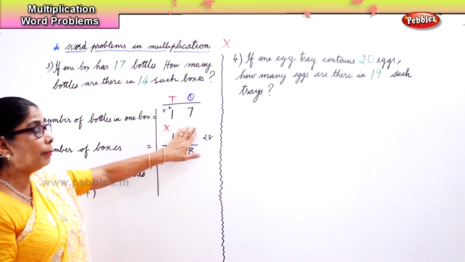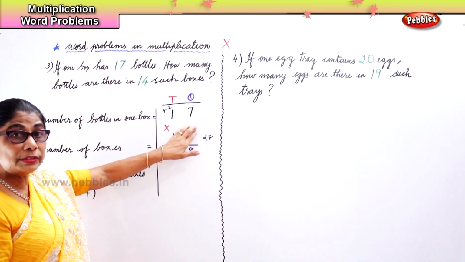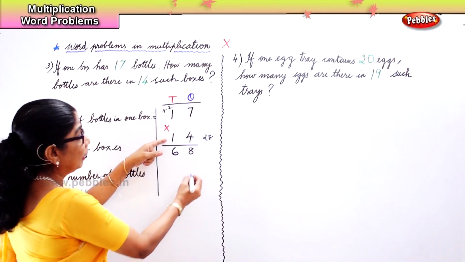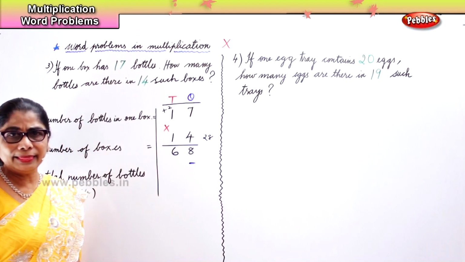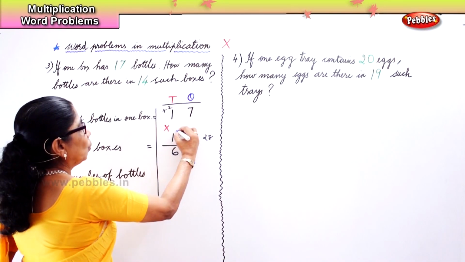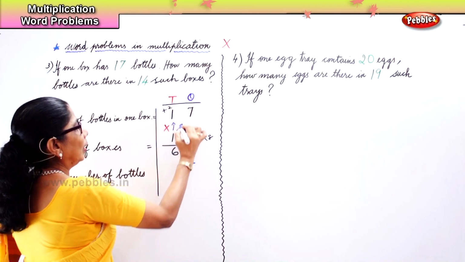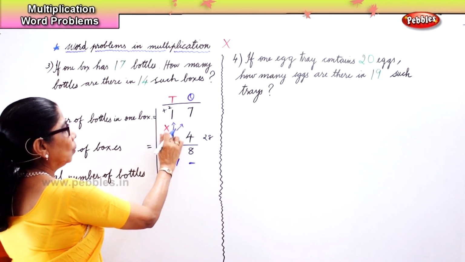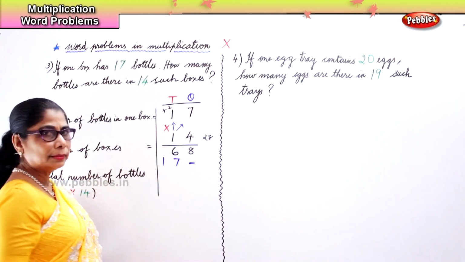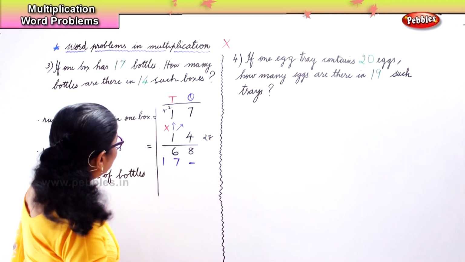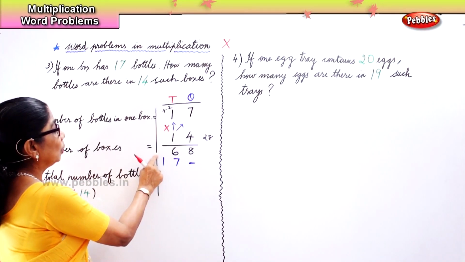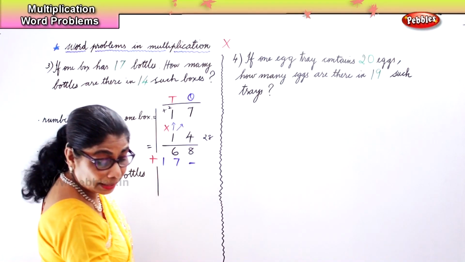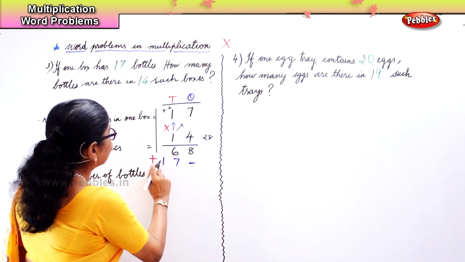Now we are going to forget about the 4. We are going to do 17 into 1 because it is in the tens place. What do we remember? First put a small dash in the ones place. Now 1 into 7, 1 into 1. 1 into 7 is 7. 1 into 1 is 1. The next thing we need to do, we are going to add these two numbers and let's see what we get.